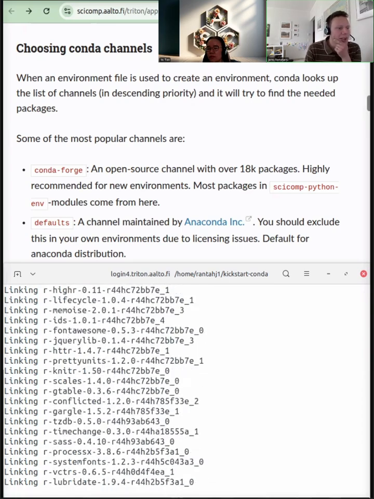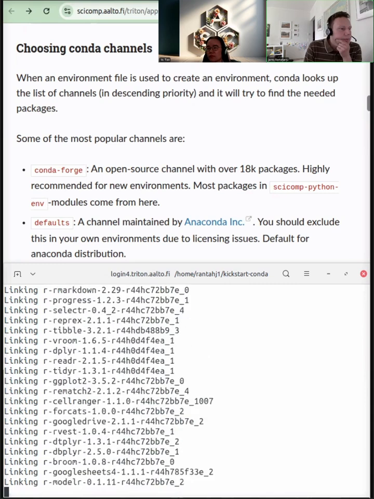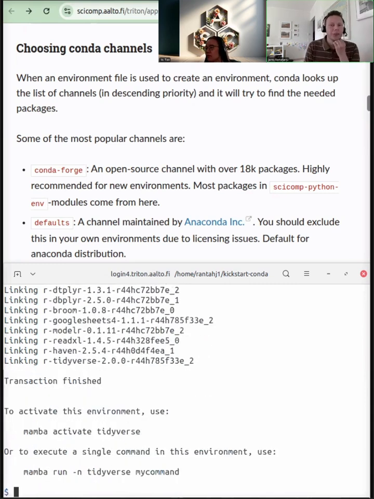Okay. So it is essentially constructing an entire software environment. Oh, okay, it's done. Then I will not yet take a look at the